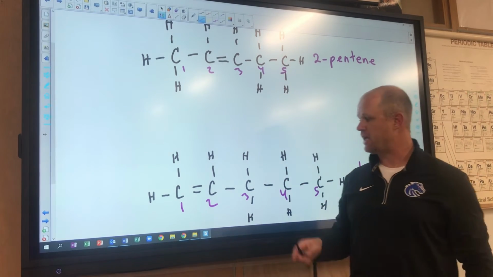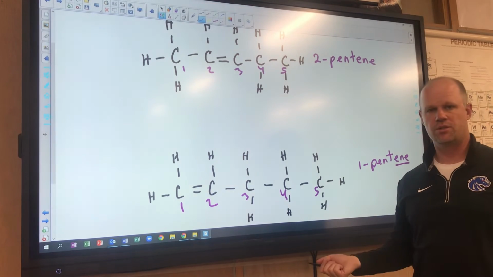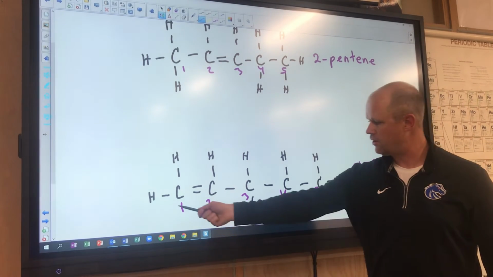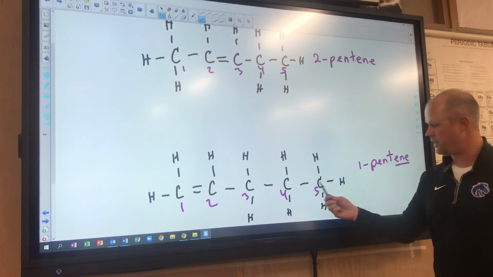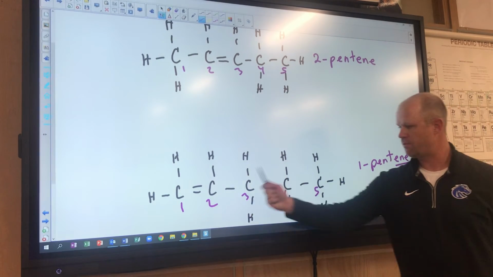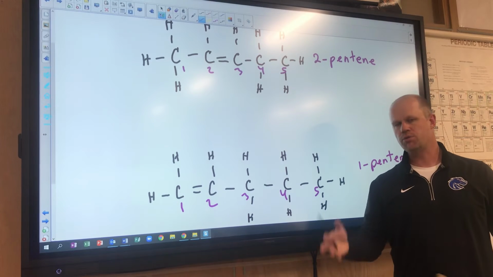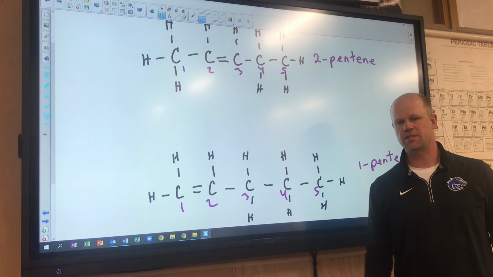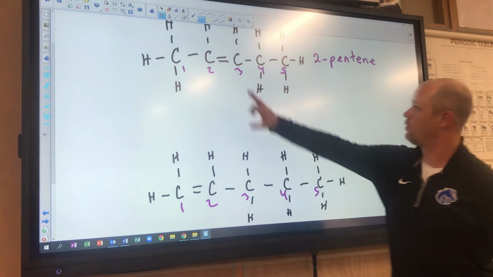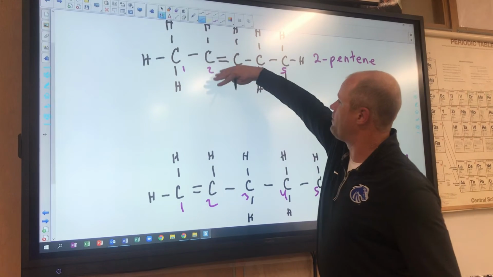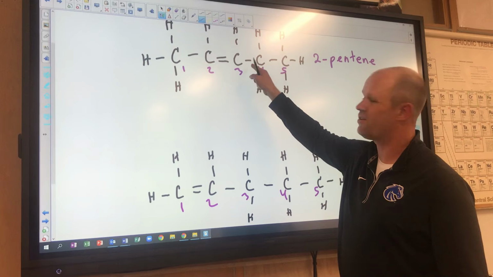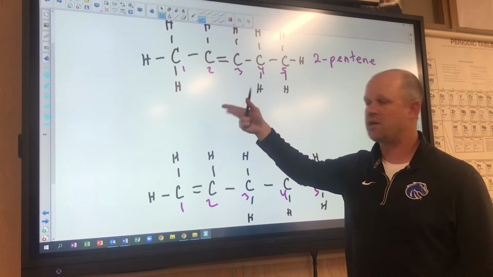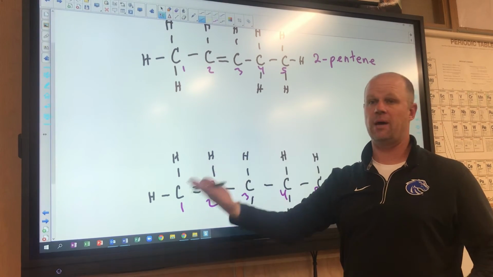So what they do is they count from the end that is closest. So if the double bond is over on the left, they'll count carbons from the left. If this whole thing flips over, and the bond is over here on this side, then they'll count 1, 2, 3, 4, 5 from that end. You go closest to the special thing you're trying to signify. Okay. So this one over here, 2-pentene, if I were to flip it over, it's still 2-pentene, but now the double bond ends up here. So there's no such thing as 3-pentene, because it's still just 2-pentene, only upside down,